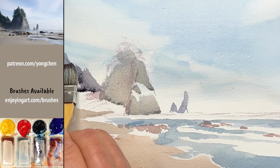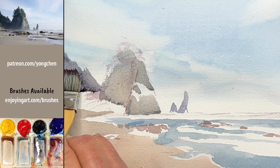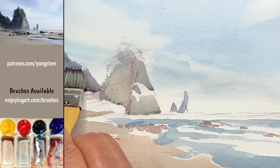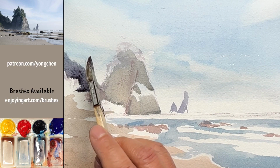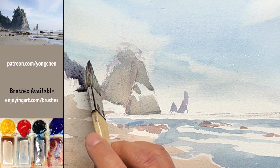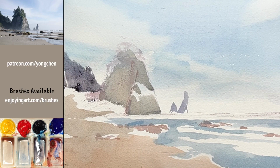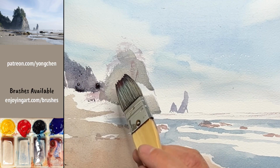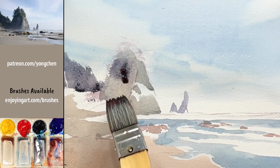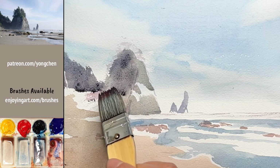Okay, and use this brush. You can actually suggest that very rough jagged edge. You can make that more like a tree. Okay, that's good. Like that. Very nice. Okay, onto this side. Also give a little bit. And at this point, you can